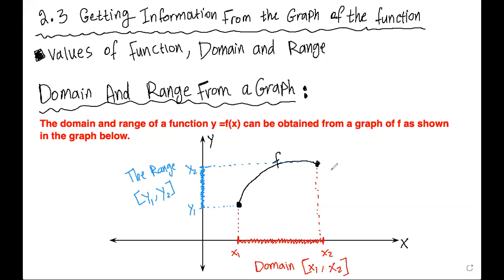Is it clear how to find the domain and the range from the graph? Yes. Okay. Let me give you more examples for that. So the example now: find the domain